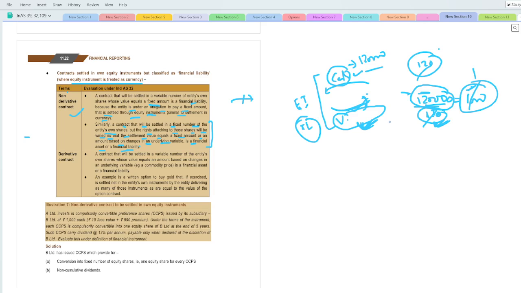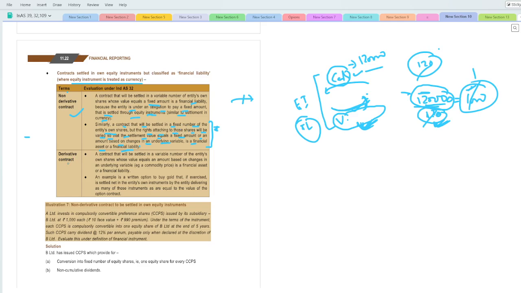सो दिस यू कैन इग्नोर ऑल्सो बिकॉज यहाँ पे इसका कोई एग्जाम्पल भी ऐसे नहीं दे रखा है, बट जस्ट कीप इन द माइंड, जस्ट मेमोराइज इट कि यहाँ पे आप फिक्स नंबर ऑफ शेयर्स भी दे रहे हो या रिसीव कर रहे हो, लेकिन उस शेयर्स के जो राइट्स हैं वो वेरी कर रहे हैं।